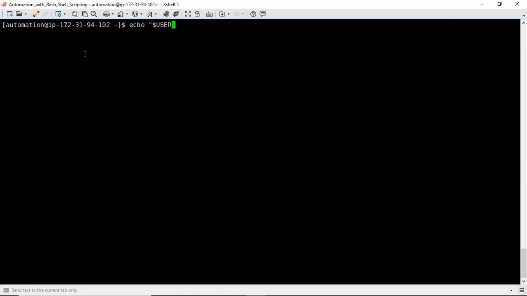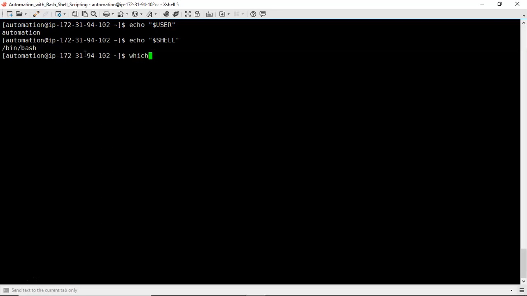Suppose there is a variable called user, a default variable with your system. See the result? And there is a variable called shell, in capital letters. Here shell and user are variables of your operating system, and those are default variables, and to display any variable value you can use the echo command. That's it.